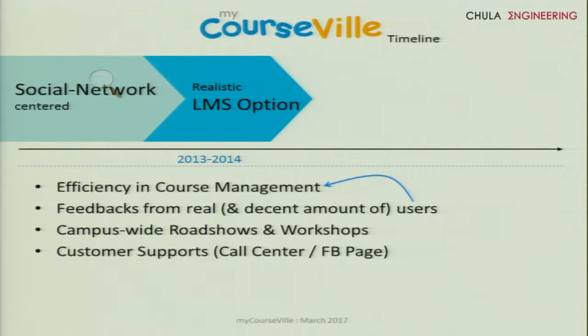We think, okay, why don't we challenge ourselves to not just develop software, but to provide a service, basically to operate the software. So in that year, the team are engineers, but engineers need to travel around the campus, provide road shows, talk to people, have manuals. That's quite a pain. And then have a call center, have a Facebook page to support, right? So in that year, my cost will grow a lot, okay?